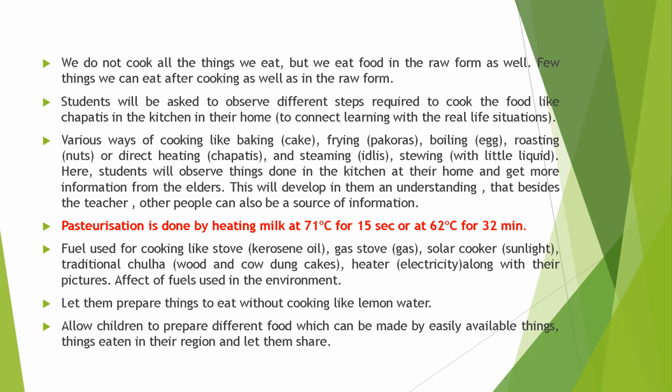Like that, a solar cooker which runs with sunlight is also a good cooking method which can be used, and sunlight is a very clean fuel, and electricity also doesn't produce so much pollution at all to the environment. Like this, we have to explain to the children, and